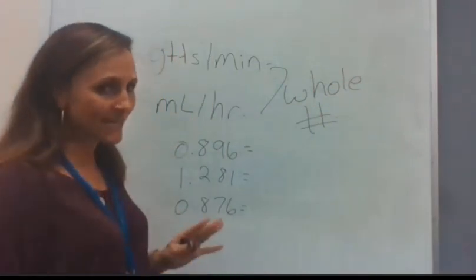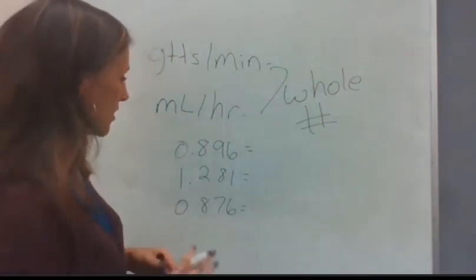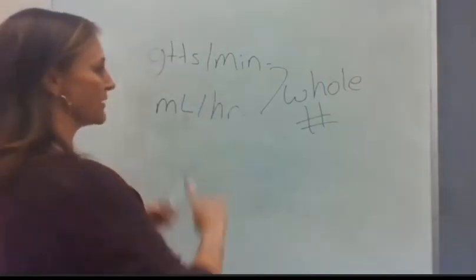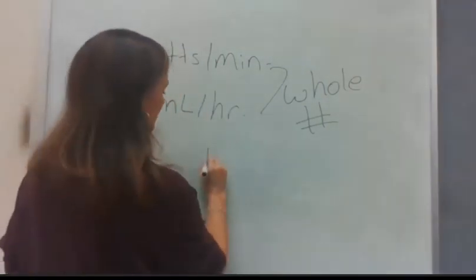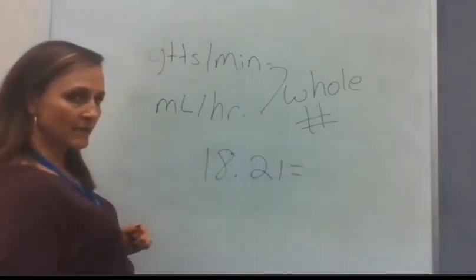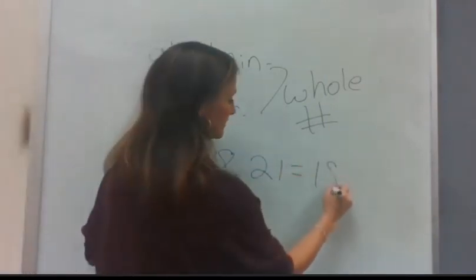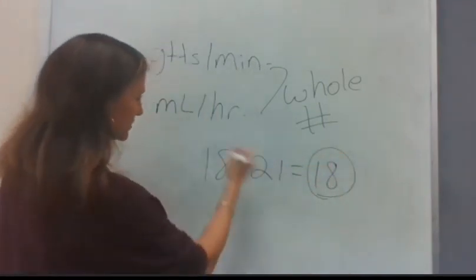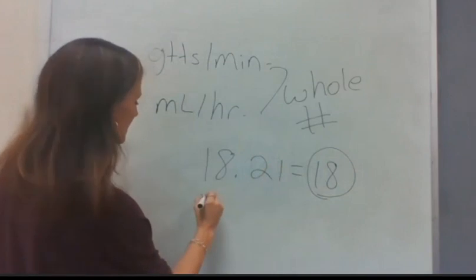So when I say whole number, let's give an example. I do my fun calculations, and my answer comes out to be 18.21. What is my answer? 18. Whole number. Okay? Do another calculation. It comes out to be